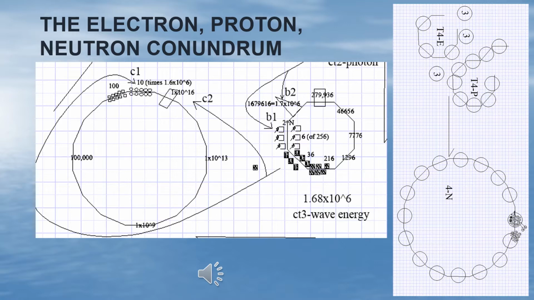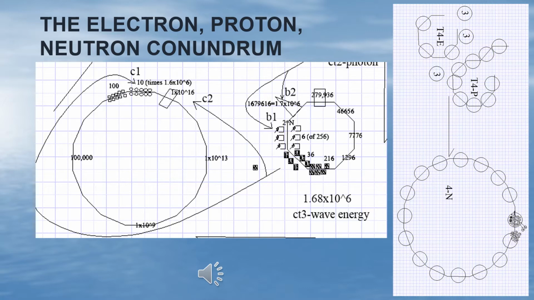The electron-proton-neutron conundrum is, why doesn't the electron-proton pair collapse into a neutron? Why is the electron-proton pair the primary stable pairing of transitional states in the CT3-CT4 transition? And how do the CT4 information arms fill, and what does that tell us about the filling of other information arms? AUT is going to take the position that a proton-electron pair are nothing more than a complete neutron along with an intervening cloud of information, just a neutron that is in the process of breaking up or staying together because of destabilizing changes in the constituent parts.